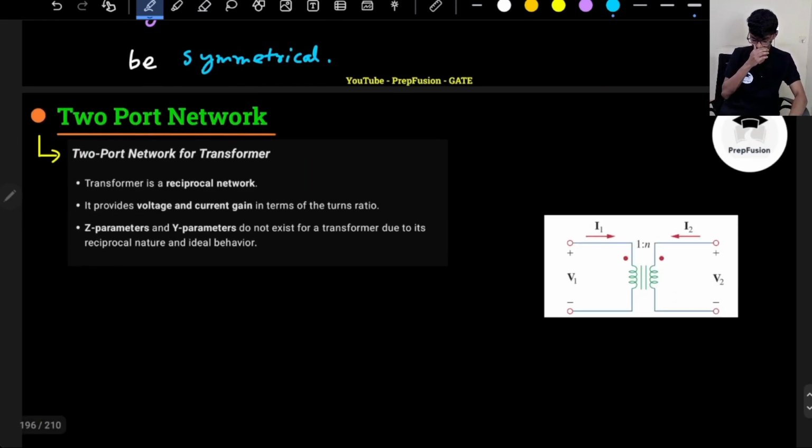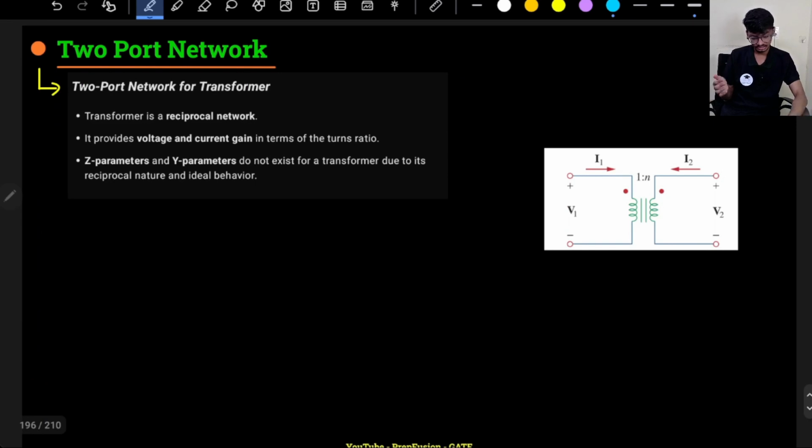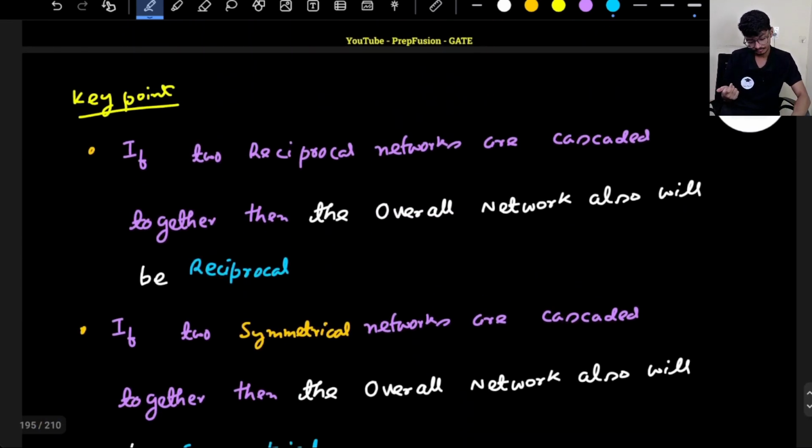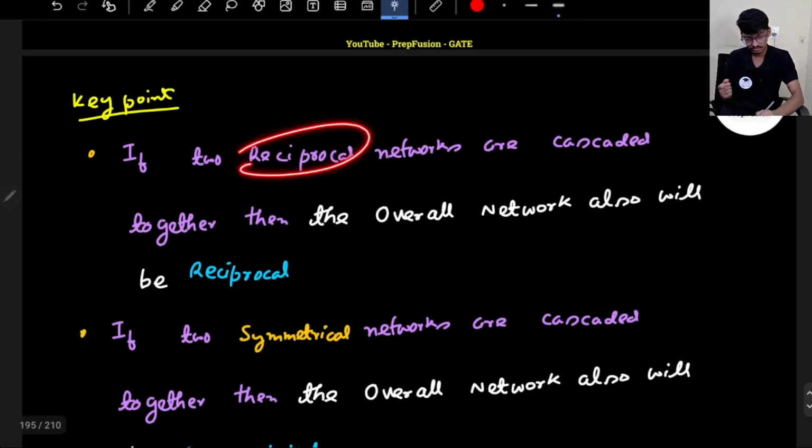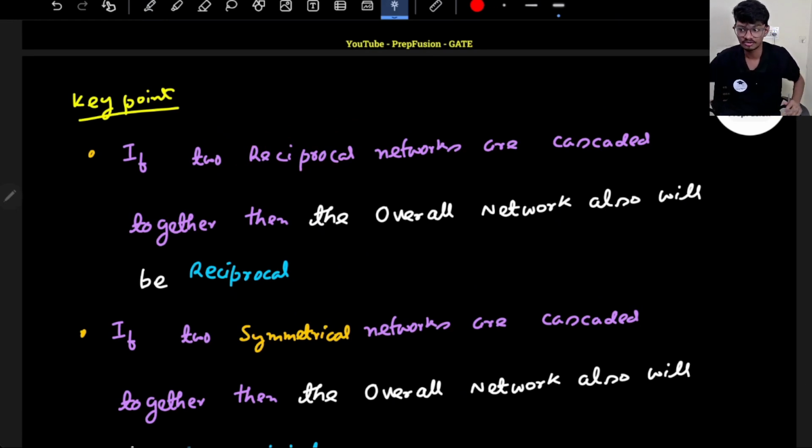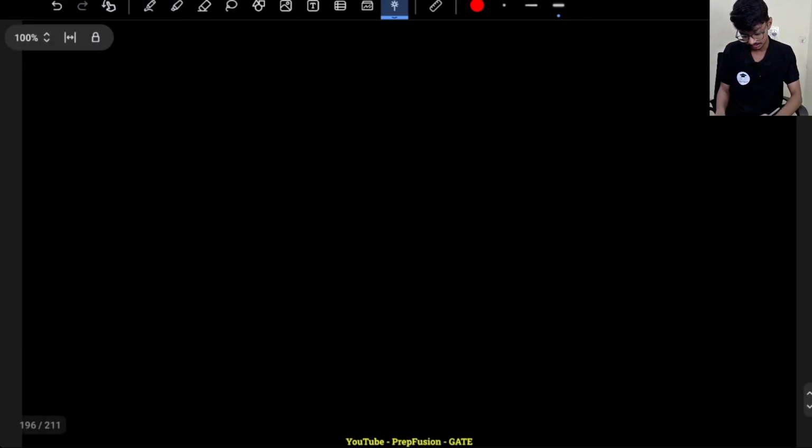Okay, so yeah, that's it basically about the symmetricity condition. Now you might have a doubt: what if out of the two networks one is reciprocal and the other one is not reciprocal? Will the overall network be reciprocal? We cannot comment. So that I will also write here, another key point,